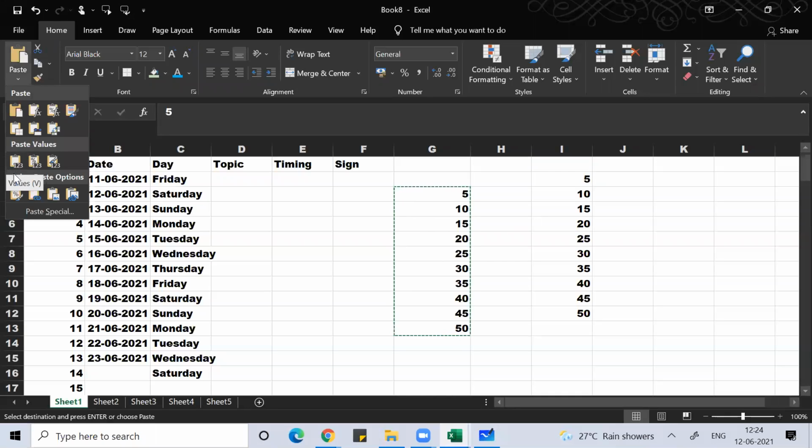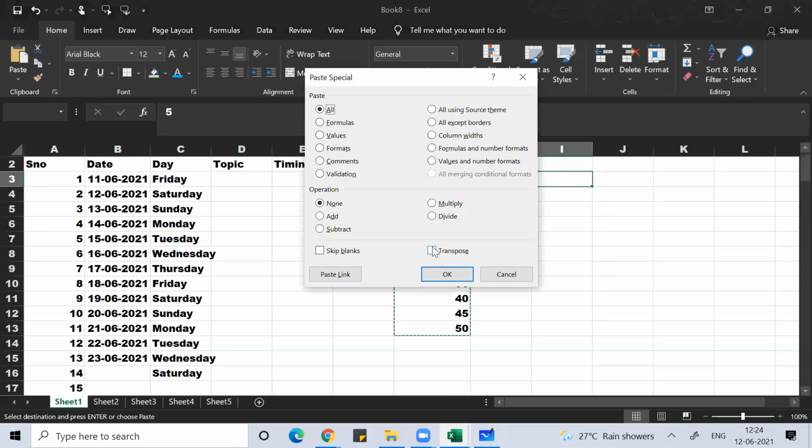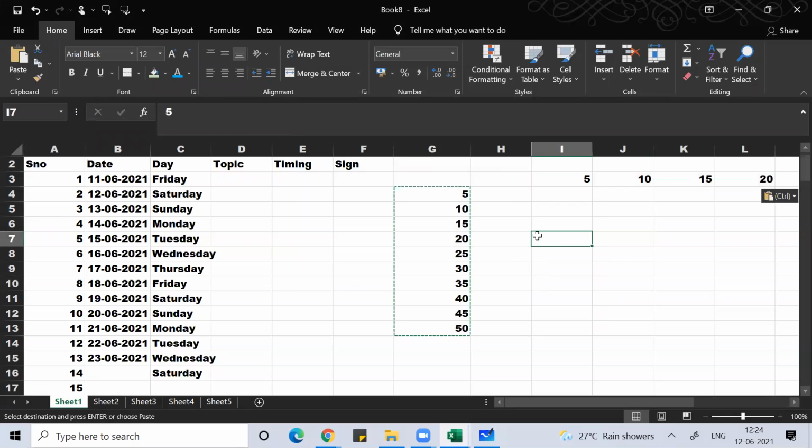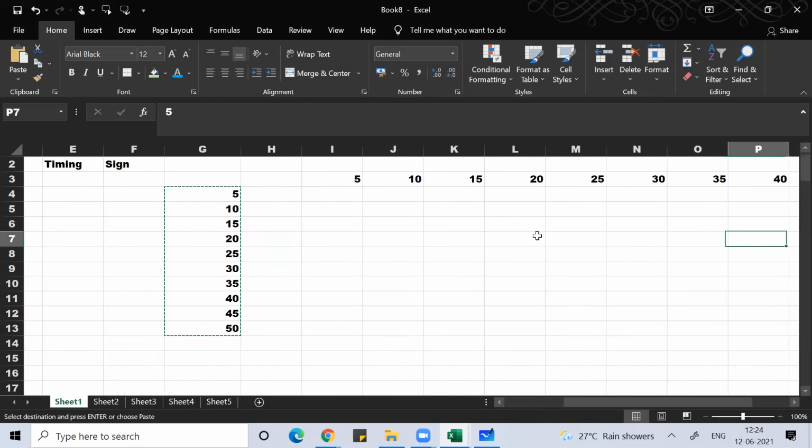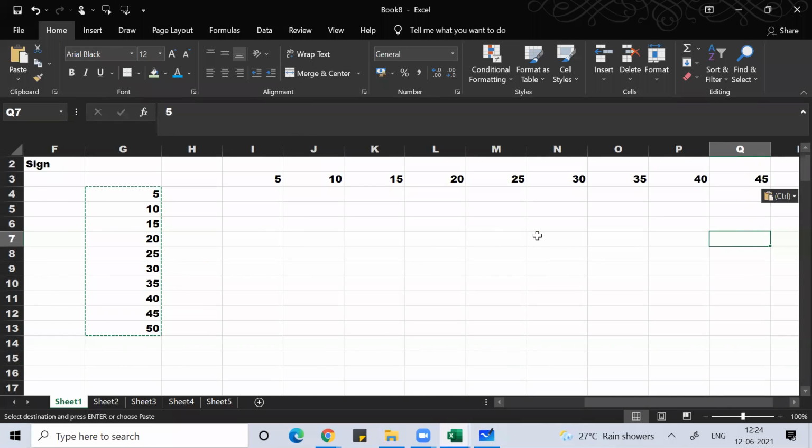Here you see Transpose. You have to do transpose: go to Paste Special and click on Transpose. If you do transpose, the vertical data will become horizontal, or horizontal data will become vertical.